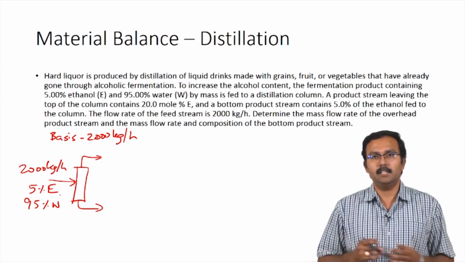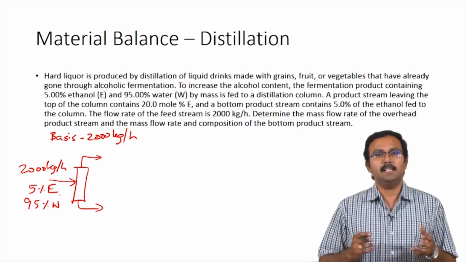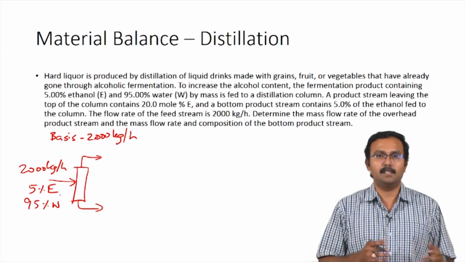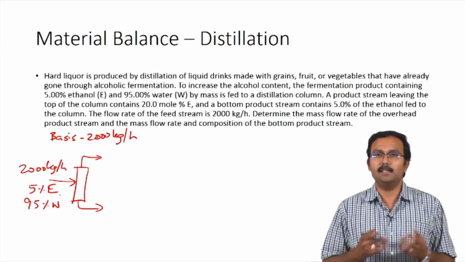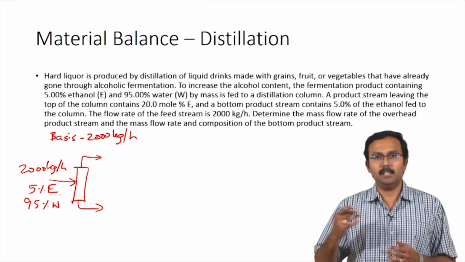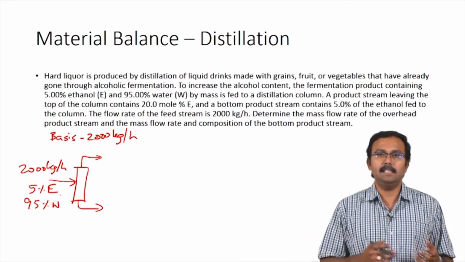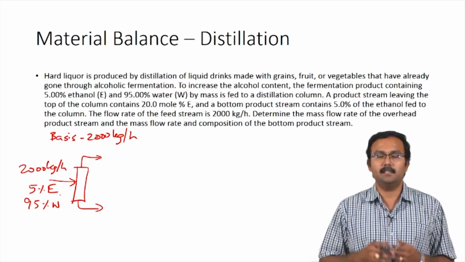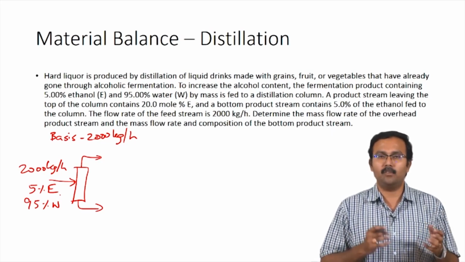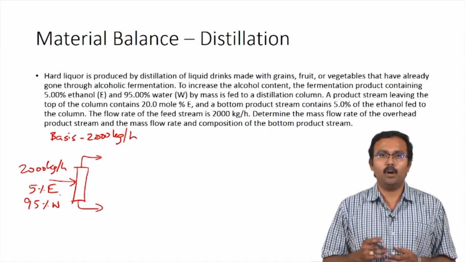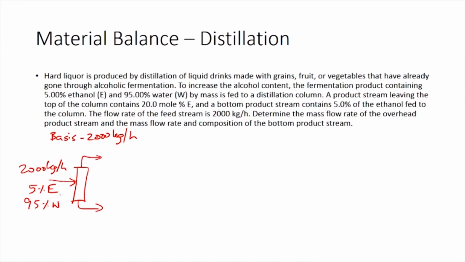This convention is followed because measuring the volume of gases is a lot simpler, and measuring the masses of solids and liquids is easier. When you measure volume for a gas, it can be easily converted to mole percentages under ideal gas conditions. So using mole percentages or volume percentages is more common for gases. So here it has been told that the distillate stream contains 20 mole percent ethanol